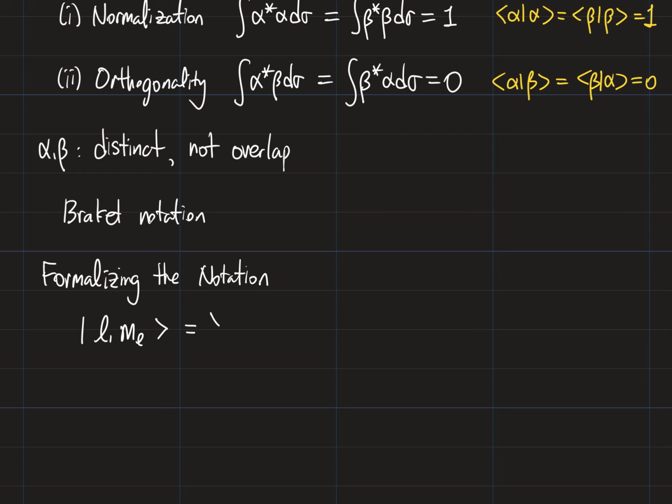This is spherical harmonics with angular momentum L and magnetic quantum number m sub L. So for spin, we swap L for S and m_l for m_s. Since S is always fixed at 1/2 for an electron, our two spin states become